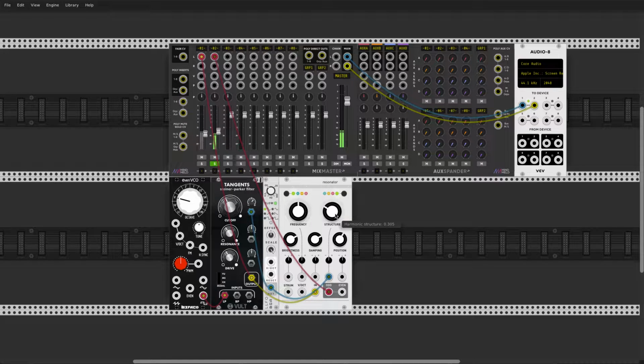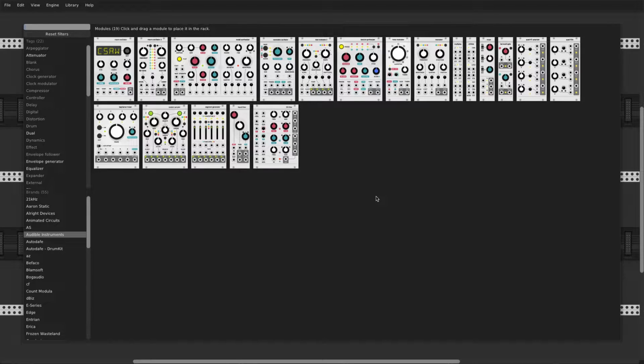Oh, I like this. Nice. And let's listen to this with the low frequency together. All right, next module. Well, there can be no list without